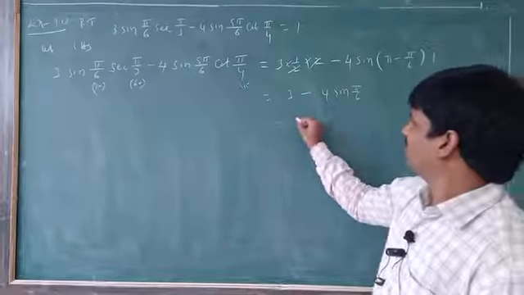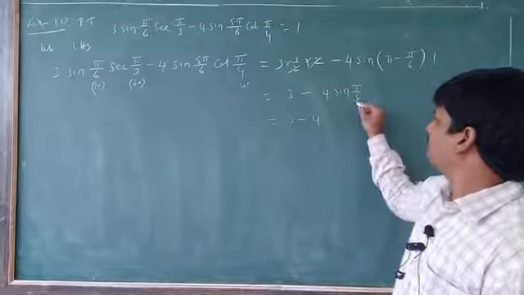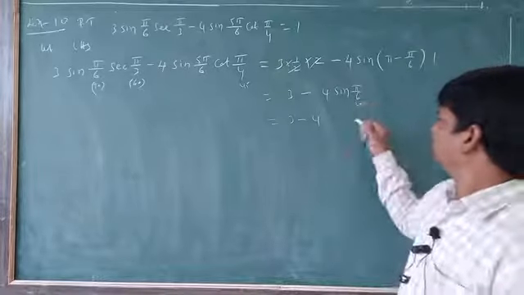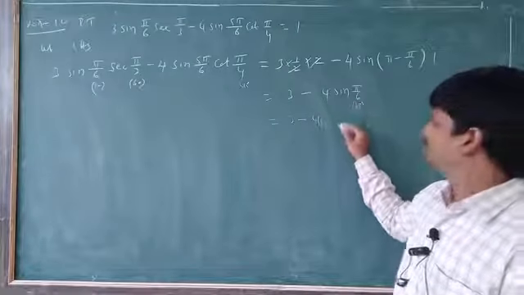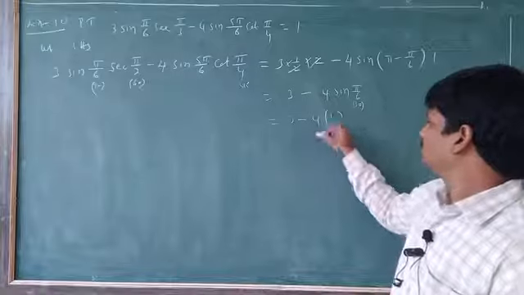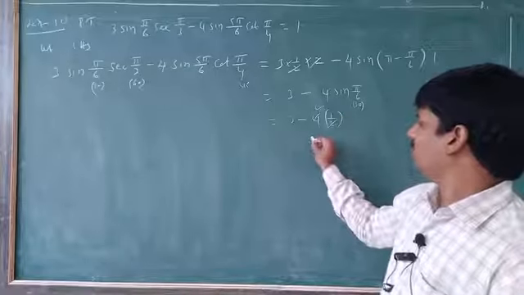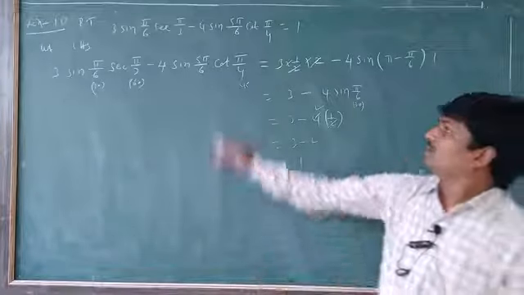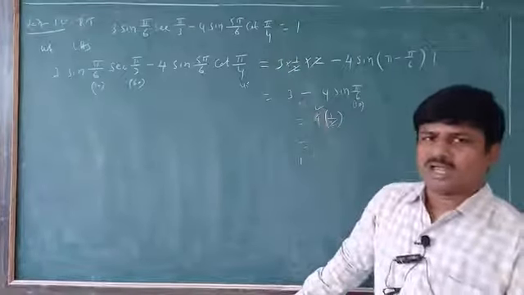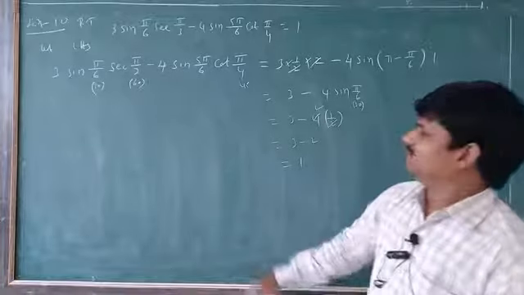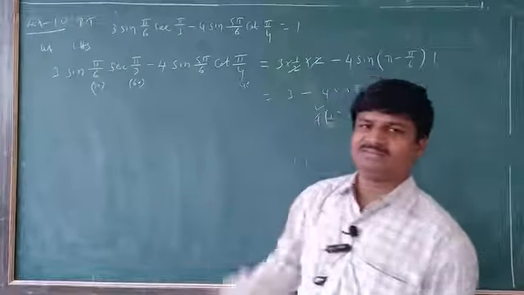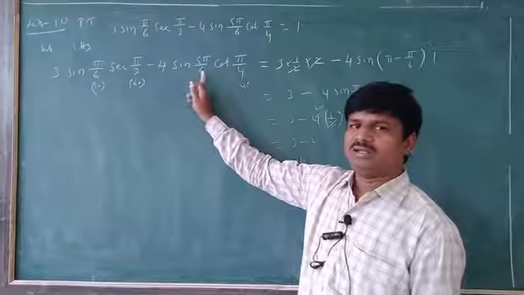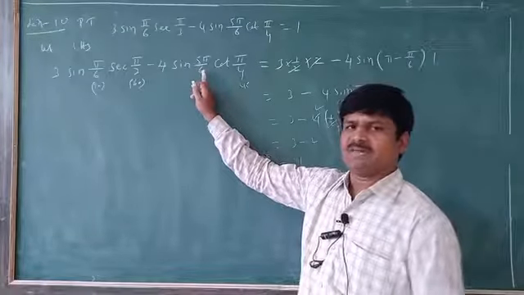So that is equal to 3 minus 4 into sin pi by 6. Pi by 6 means 30. Sin 30 value is 1 by 2. So the 2 is cancelled 2 times. So 3 minus 2 is equal to 1. We got the RHS value, 1. Have you proved it? Proved. These values we have to substitute, that is all. If a value is not known, we have to find it. You already know how to find these types of values. I already explained, right?